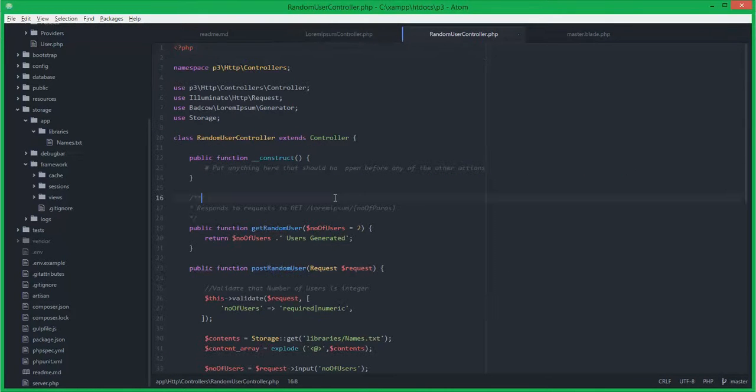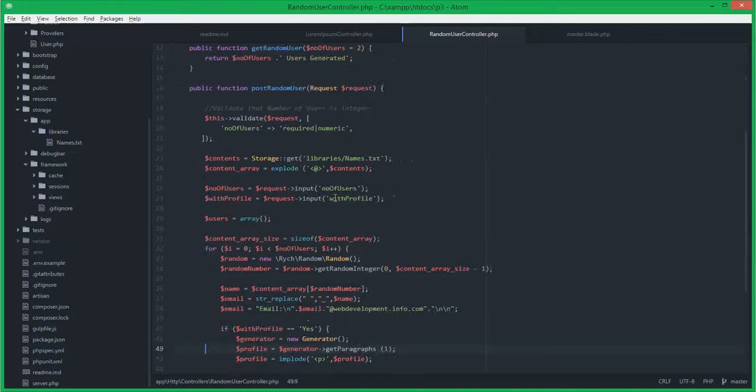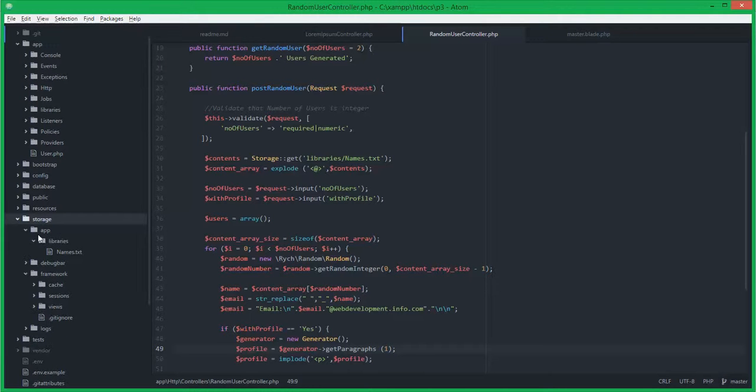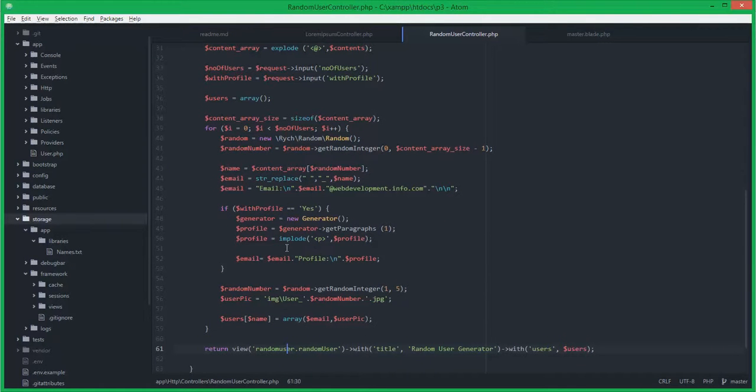But in the random user controller, a post request is sent, the validation is performed, and the library file available under storage, app, libraries, names is taken from the list of the users.